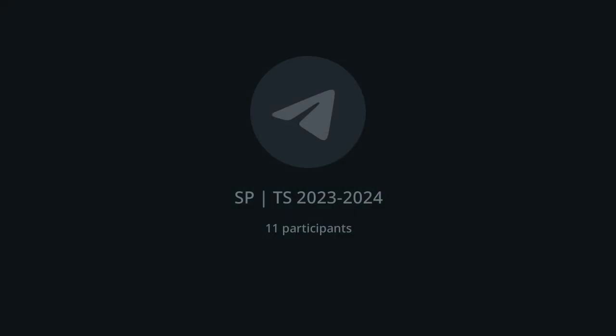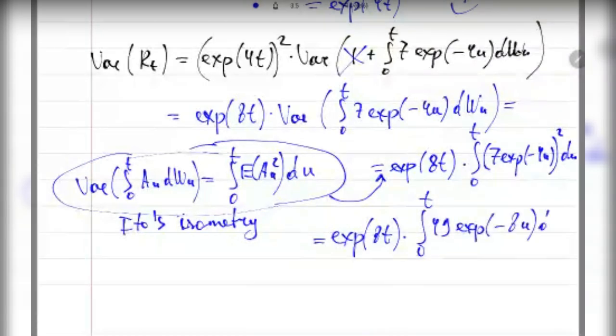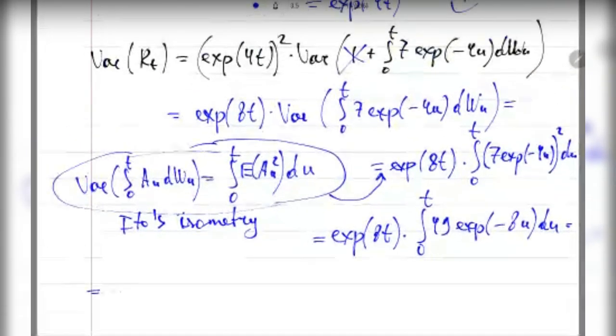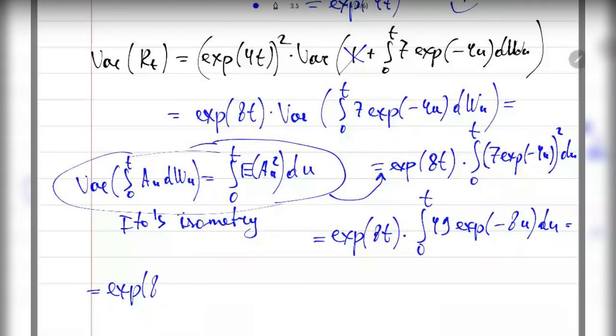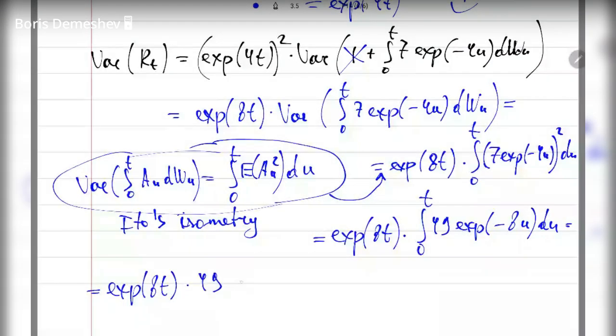And we are brave enough to calculate all characteristics of this process. That will be integral from 0 to t 49 exponent of minus 8u du. We got exponent of 8t times 49 times exponent of minus 8u divided by minus 8,